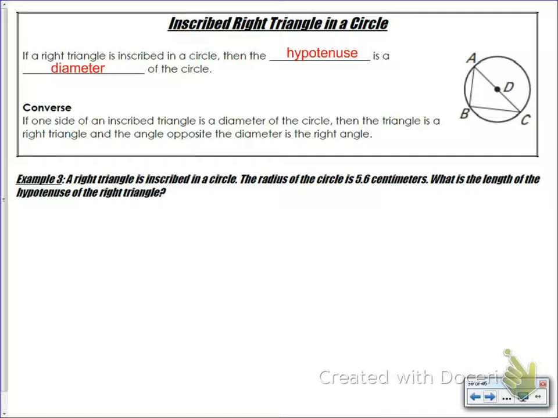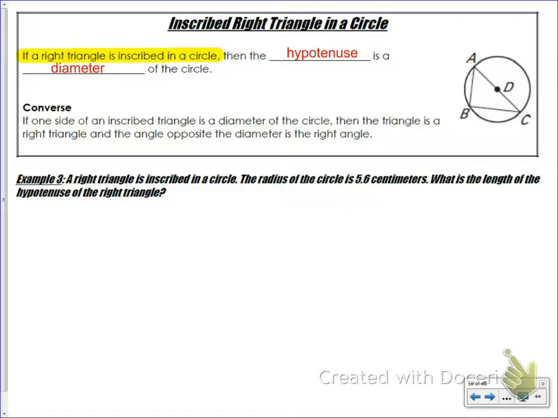So in example 3, we have a right triangle inscribed in a circle. The radius of the circle is 5.6 centimeters, and what's the length of the hypotenuse of the right triangle? We don't have a diagram, but we really don't need a diagram. We just need to make connections in this problem with the theorem that's directly above this. So we're given a right triangle inscribed in a circle. Based on the theorem above,